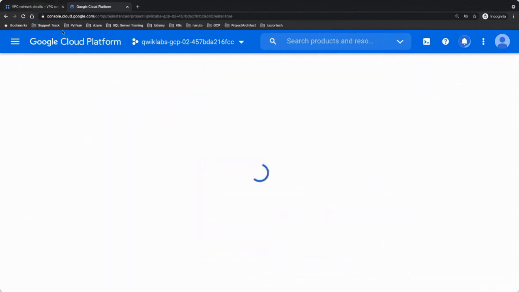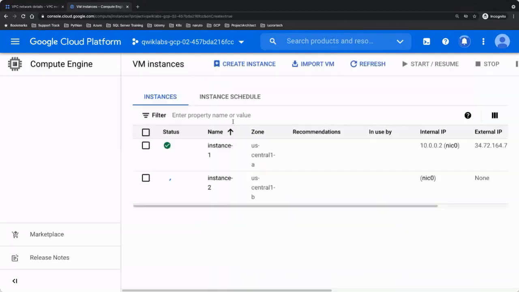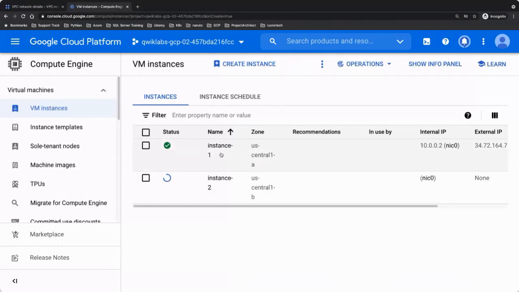So if I were to go back and see, I have two different machines, instance 1 and instance 2. One is in US Central A and one is in US Central B, within the same subnetwork that we had. Obviously we haven't configured anything to make sure that the data is replicated from instance 1 to instance 2, so it's not really highly available, but you get the idea. As per the design, if I had some configuration to make sure that the data is replicated, or whatever software is placed exists within both the instances,